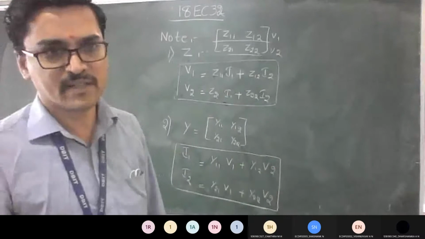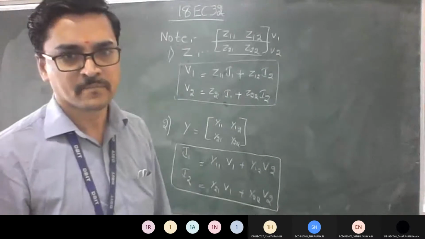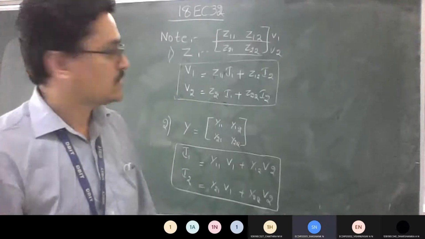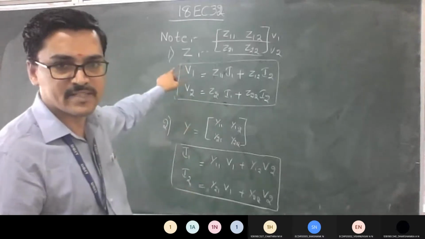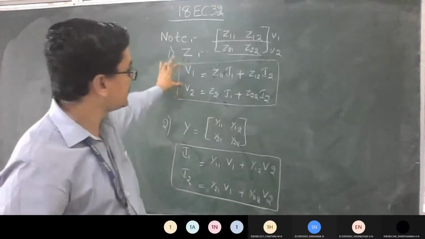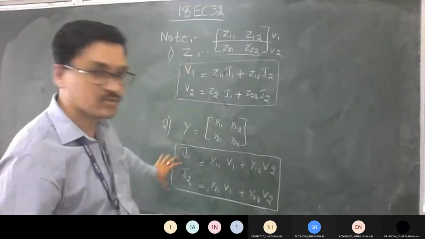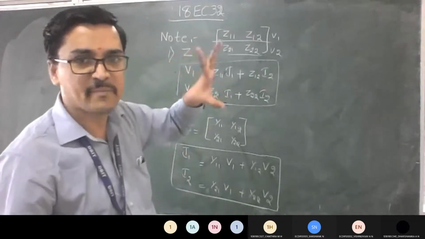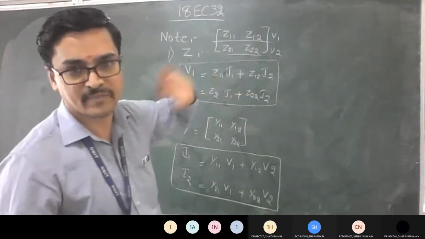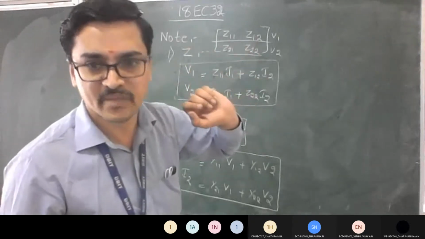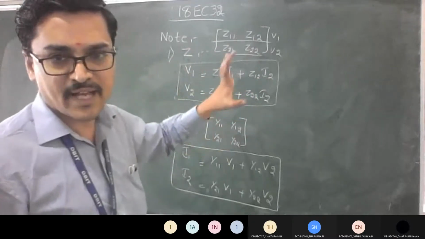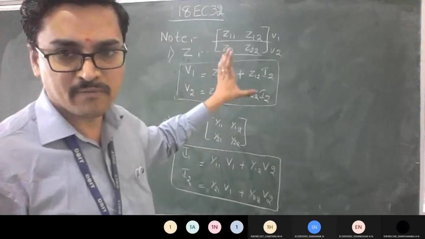Any doubts? Anyone with what I told you? Am I clear till here? So is it visible clearly, the equations I wrote? See, this is what I want. For the generalized equation of the Z parameter, these two should be in your mind. Similarly, these two. So don't try to mug up the things. Just keep what you're supposed to find in the individual parameter and what you have with you. For that, you just add the coefficients of the individual parameter to get the equation. If you know this generalized equation, then derivation as well as problems will be easier.